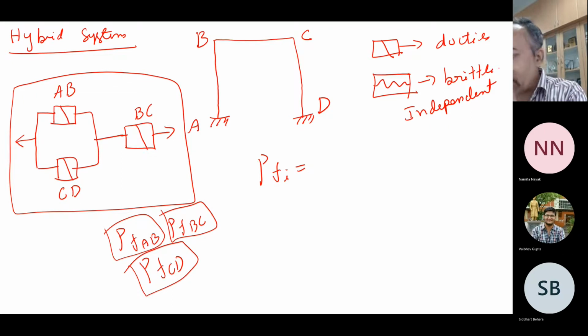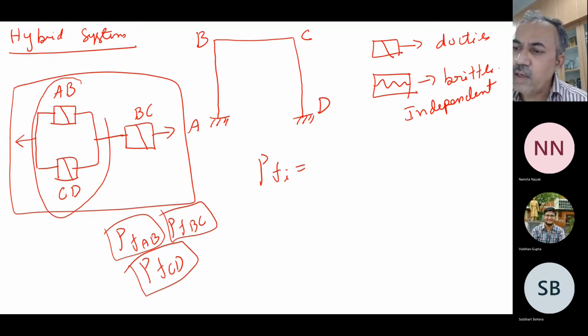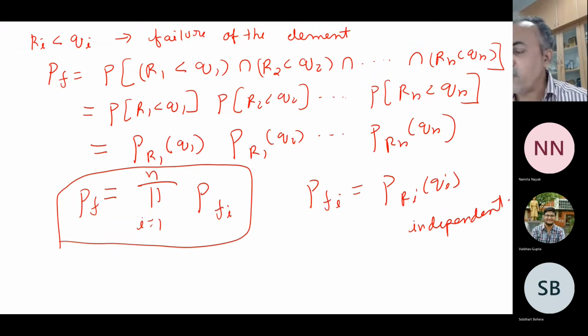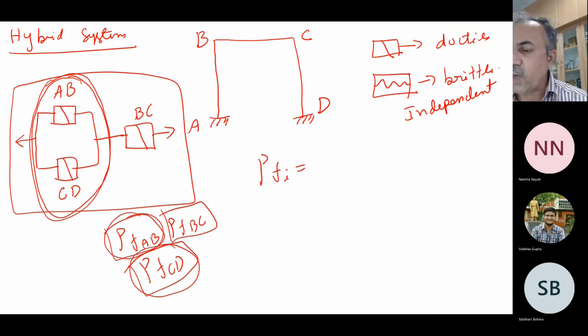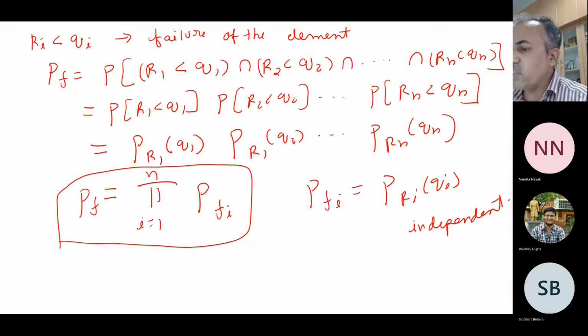Now how do we construct the overall probability of failure? What is the probability of this system, a series-parallel system? What is the probability of failure for a parallel system? You followed, right? Now tell me, how do you calculate the probability of failure of AB and CD? These are in parallel with this one. I know the individual probability of AB is this one, CD is this one. Now what is the probability of failure of this system, or the columns? Using this expression, what happens?